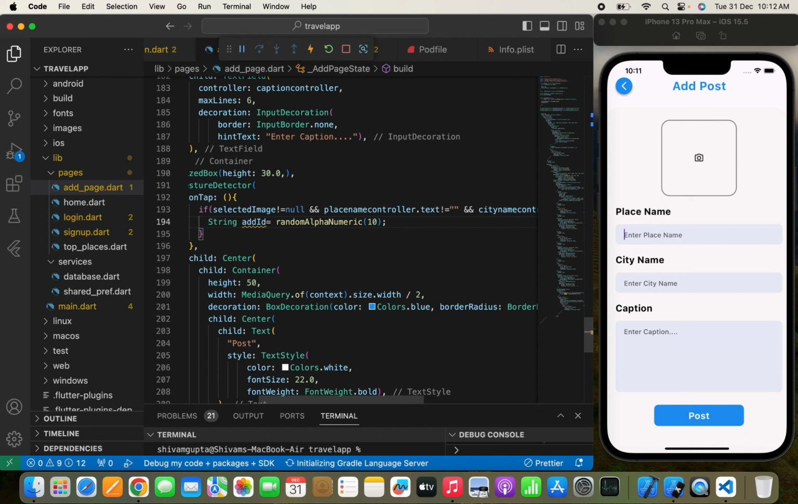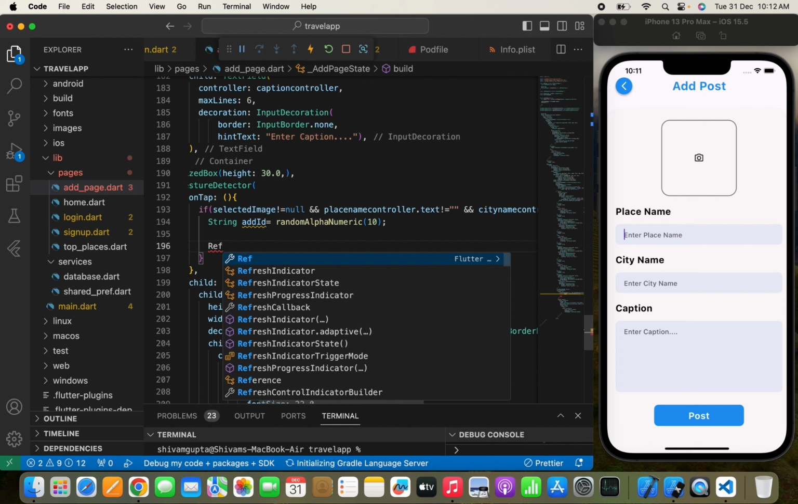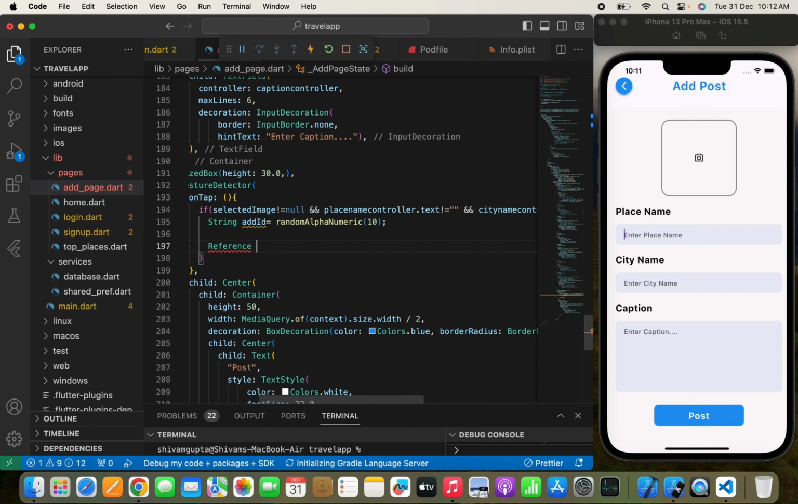I think so in all the series we are uploading the image, so I have used it many times before. I think you don't have any problem, but if you are new, then I'll simply explain why I'm using that. So I'll just write a reference, and in the reference I just need to write a Firebase storage ref